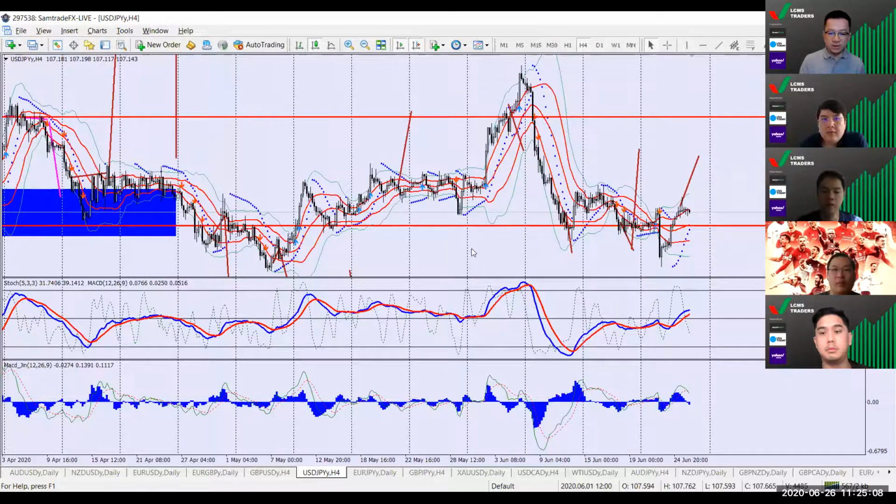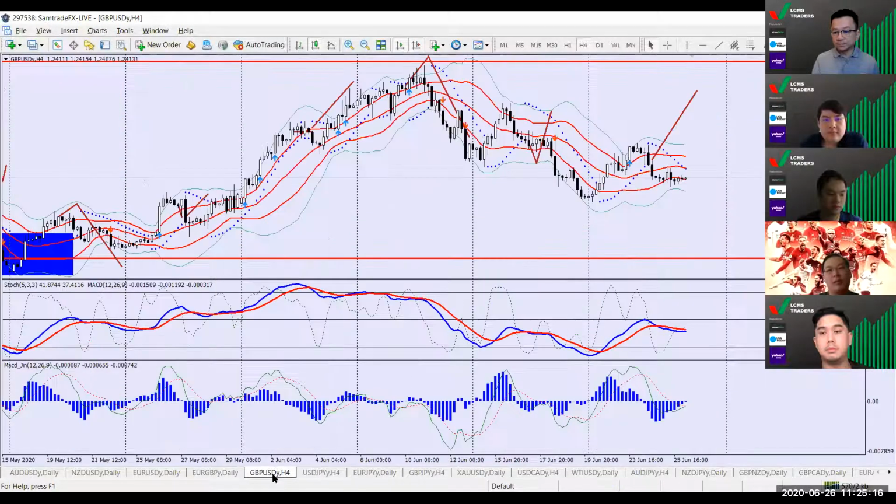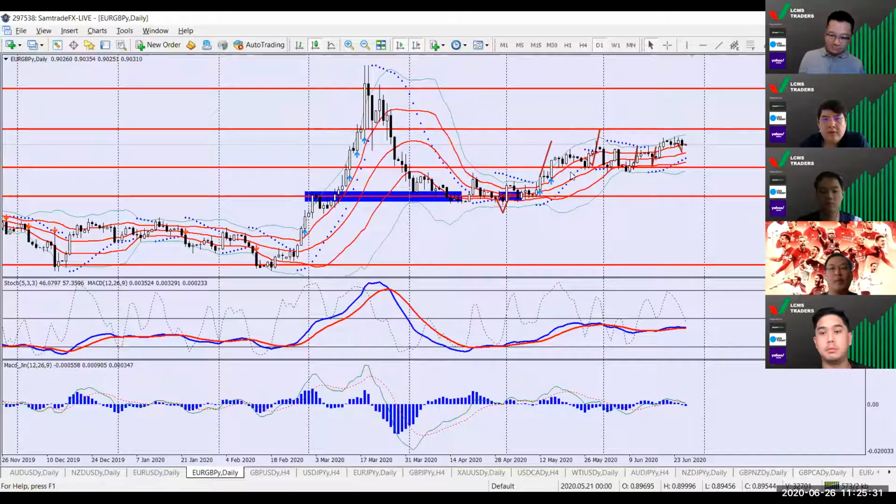The US dollar looks like it's starting to firm up. Looks like it might gain a little bit of strength over the next couple of days, so that might come around. Pound US dollar hasn't done much. I still do think that it's likely to go up maybe next week. Nothing much in a hurry right now. Euro pound is sitting across.